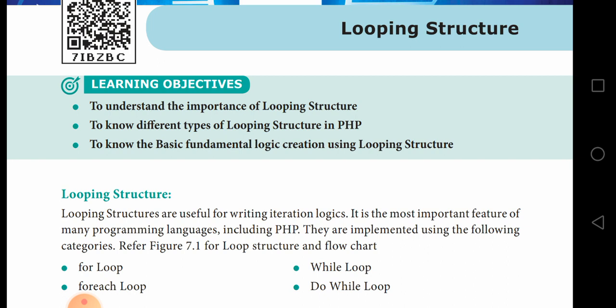First the condition is checking, I will be 0. 0 less than or equal to 10, so it's true. Then again 1, 2, 3, 4. So we know that up to 10 the value will be iterated. So this is called iteration, children. In that, 4 types of loops are there: for loop, foreach loop, while loop and do while loop.